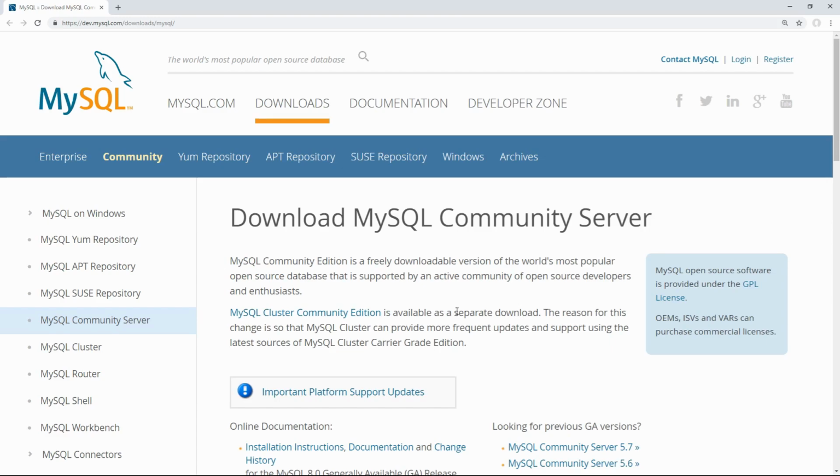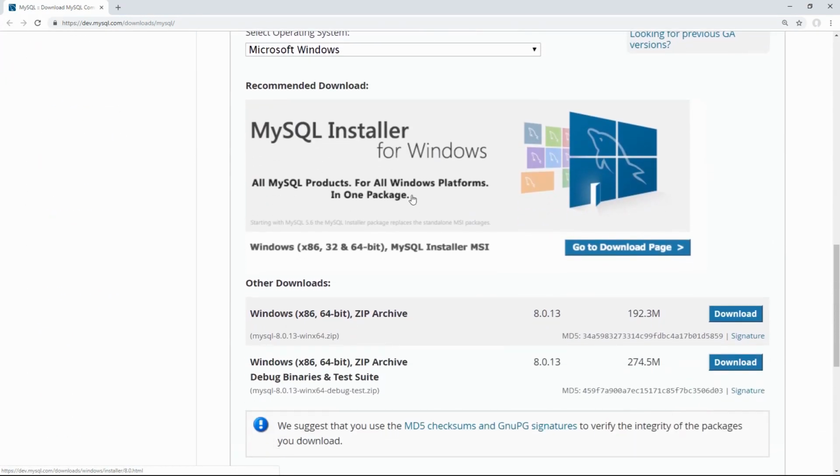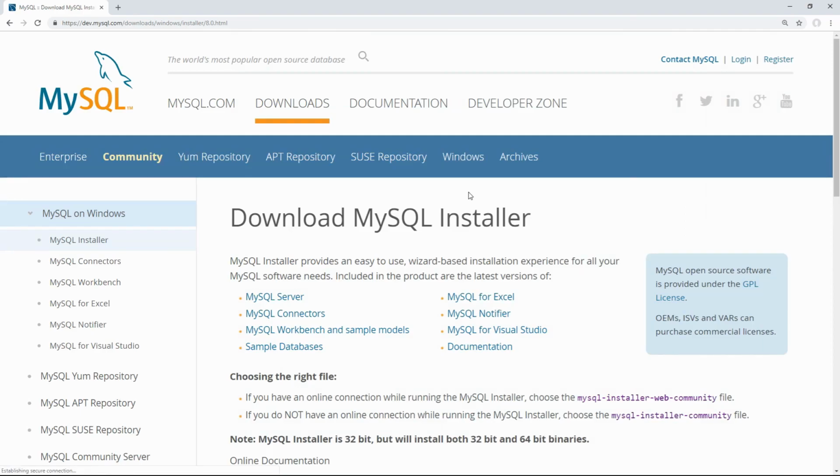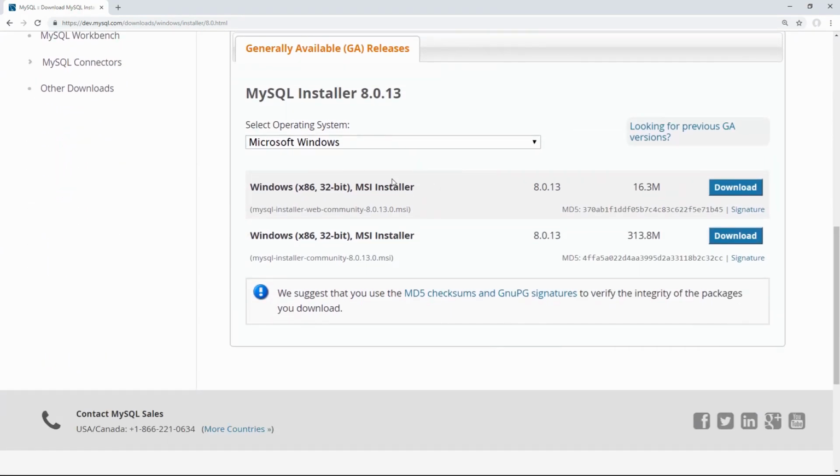So to get started, if you're on Windows, go to the link in the Windows section of the description, and that'll lead you to this page where if you scroll down to the bottom, there's going to be a button for MySQL Installer for Windows, and this is the all-in-one installer that you can download. So just click Go to Download page,